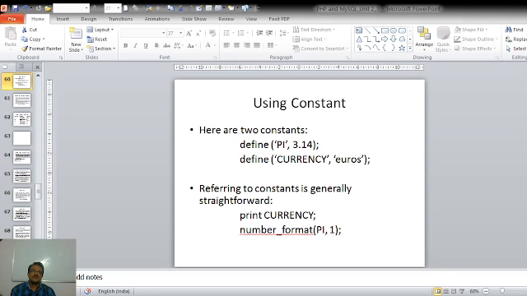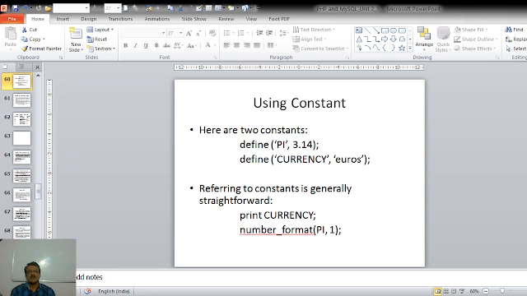So this universal constant pi has a value of 3.14. We can declare this constant as define in brackets pi comma 3.14, where 3.14 is the value of this constant, that is pi. Then we have declared another constant named currency, and we have assigned a value as euros.